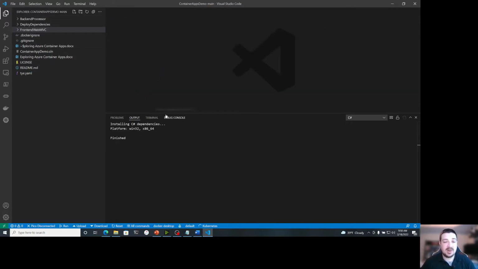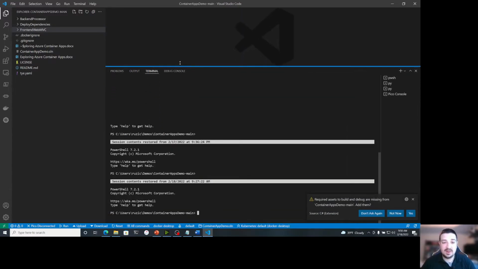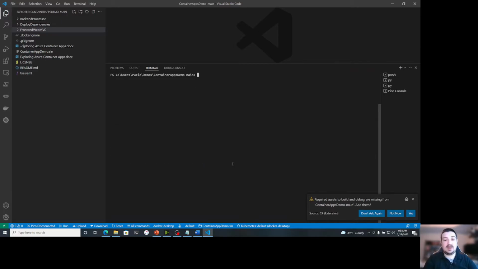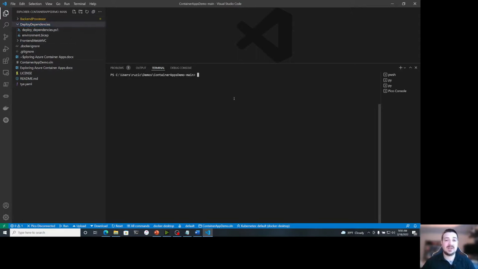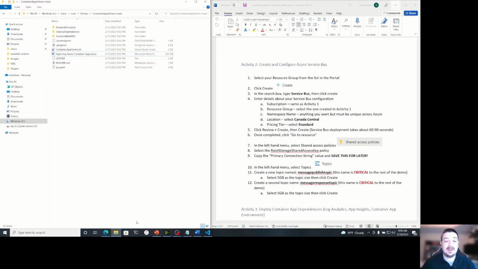Close the startup page, and we'll go ahead and click on a terminal. I'm going to clear this out, and I will navigate into this Deploy Dependencies folder. So I'll just cd Deploy Dependencies. And so we've got this set up and ready to go for our next step.